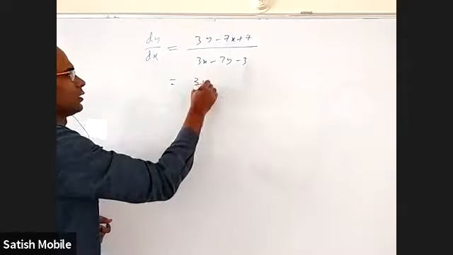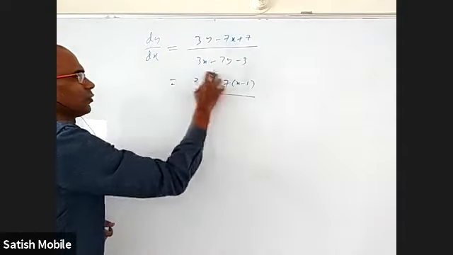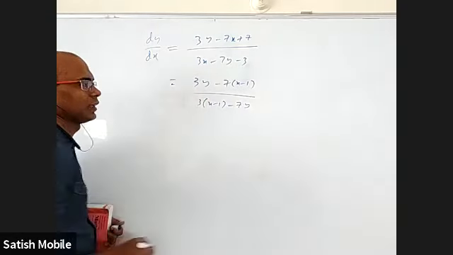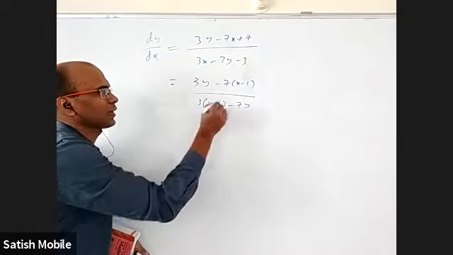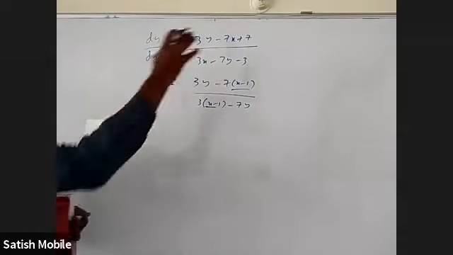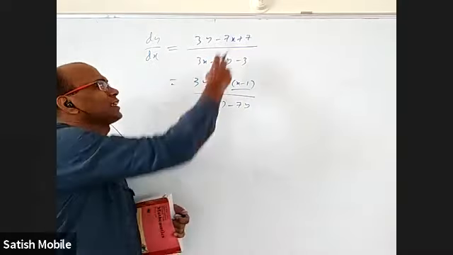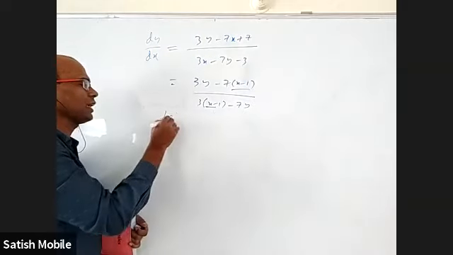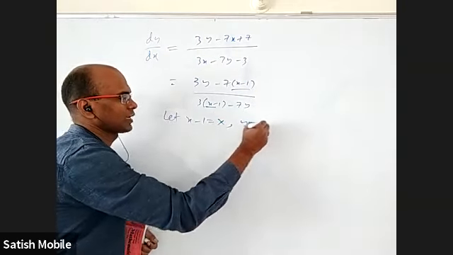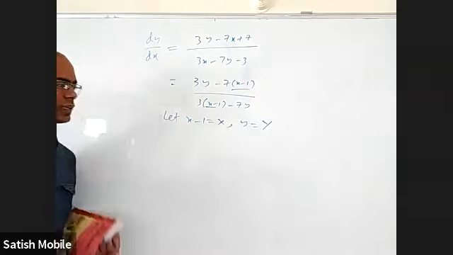I'll tell you why. I can take minus 7 common, it will be x minus 1. These two together, I can take 3 common and write x minus 1 minus 7y. I can very easily see I have to take x minus 1 as capital X, small y as capital Y. Then the constants are gone. Every time I will not be able to get it like that. Here I just noticed. So let x minus 1 equal capital X and y equal capital Y. Y equal to capital Y is not required, but we get habituated to taking it.